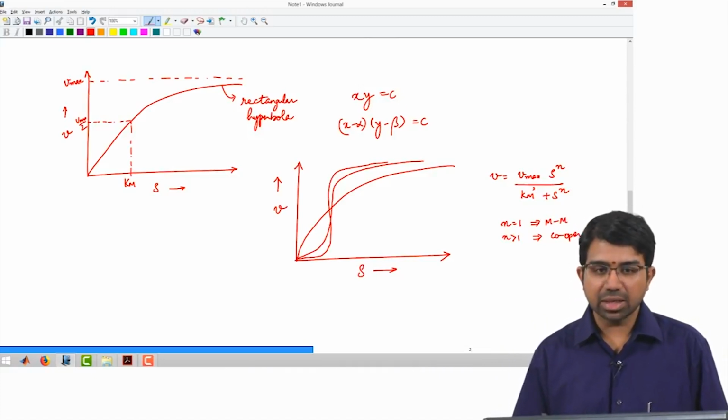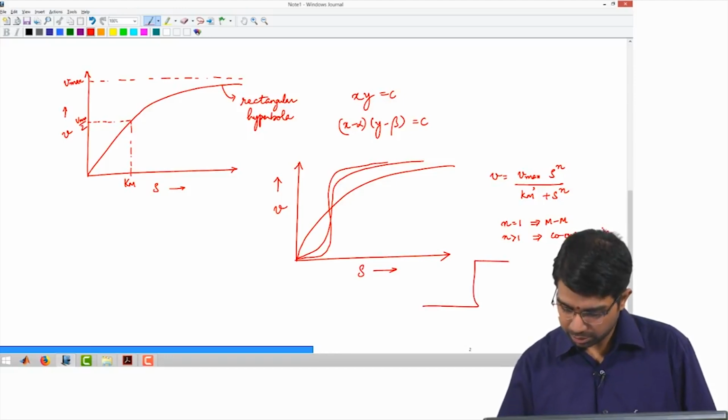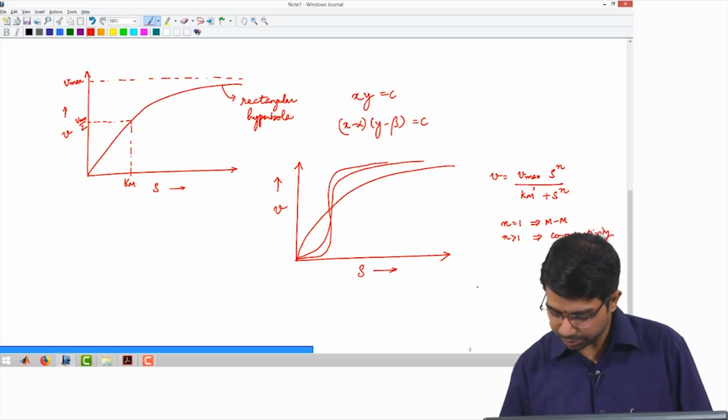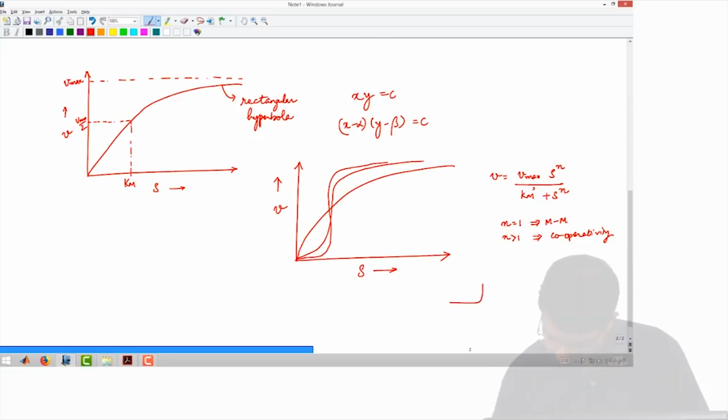So, as n increases, it will be like a binary. It becomes more switch like. It becomes like a step, right. It becomes more switch like. Right, for high n, switch like behavior,